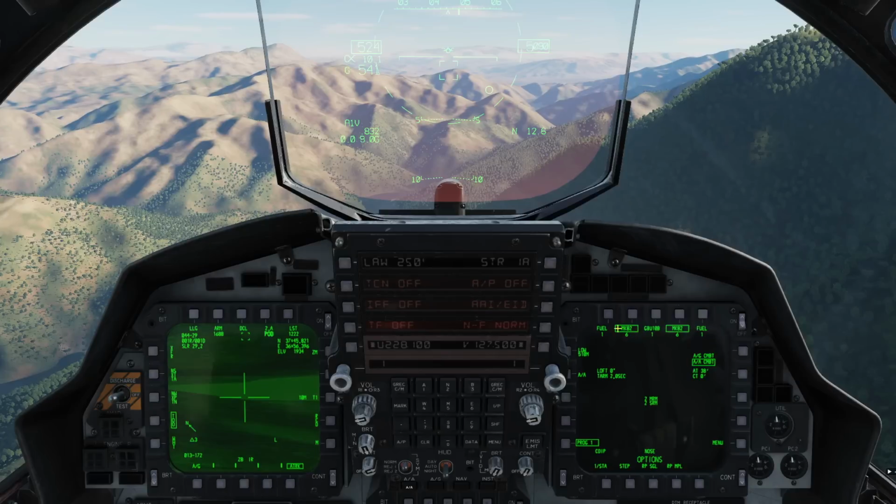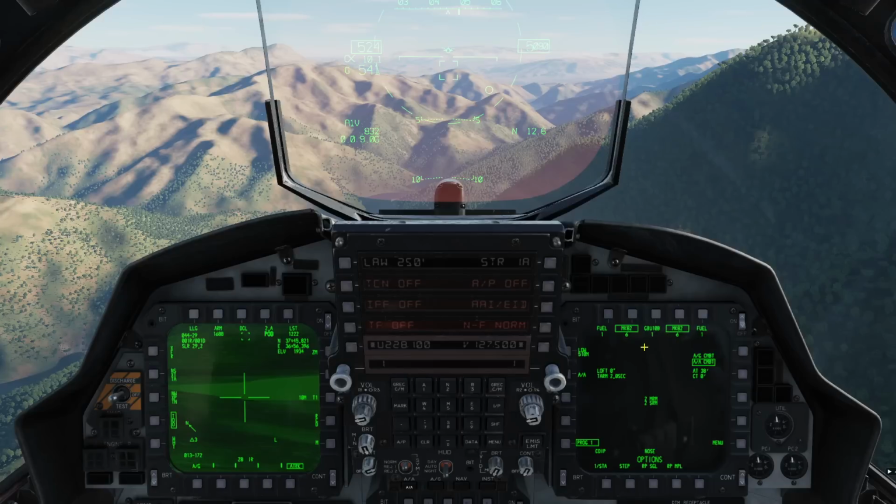It just alternates back and forth to keep the jet symmetry and center of gravity. Ripple single is now the string of weapons, so I can drop multiple weapons at the same time by pressing and holding the pickle button. And what this does is you get a string, and it's going to alternate off of the stations one at